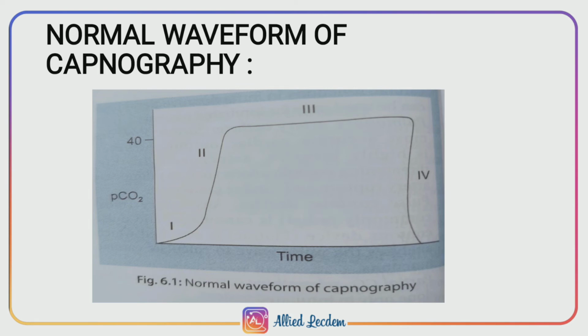In phase 3, it is called alveolar plateau. The CO2 concentration curve remains relatively constant as primary alveolar gas is exhaled. It is known as alveolar plateau. The end of phase 3 is end exhalation. It contains the highest concentration of CO2. In phase 4, it is the start of inspiration.